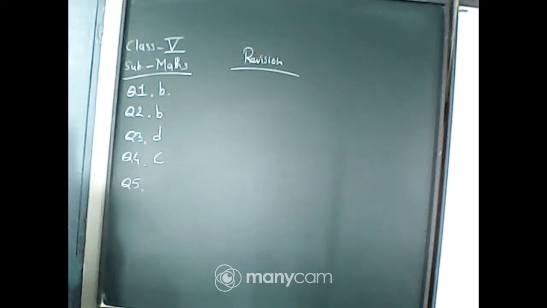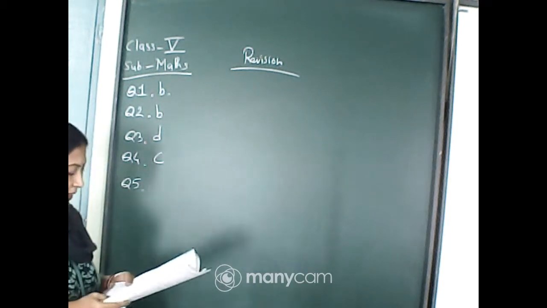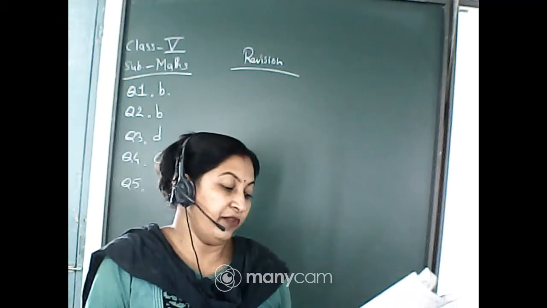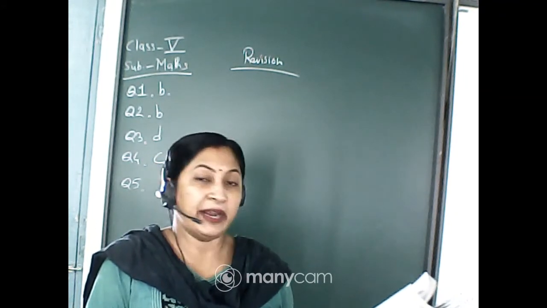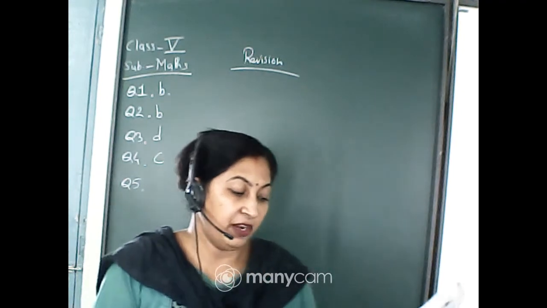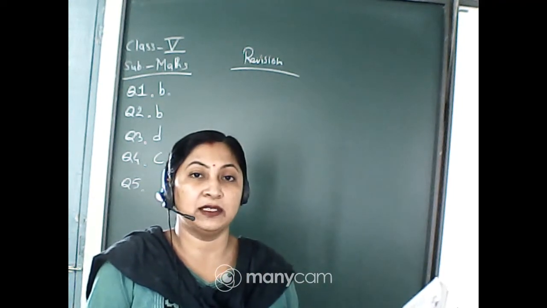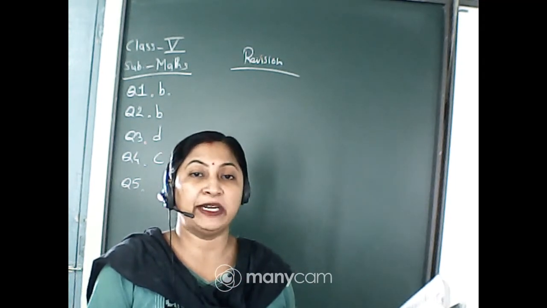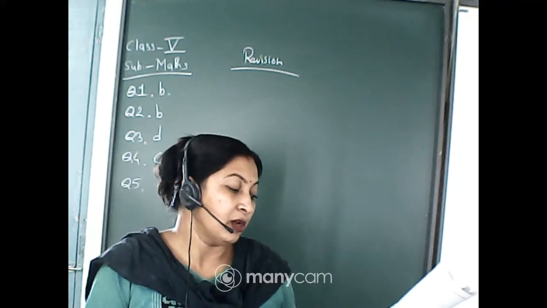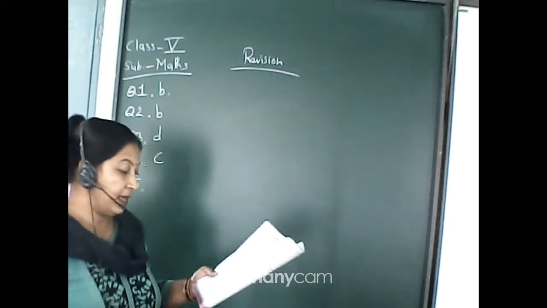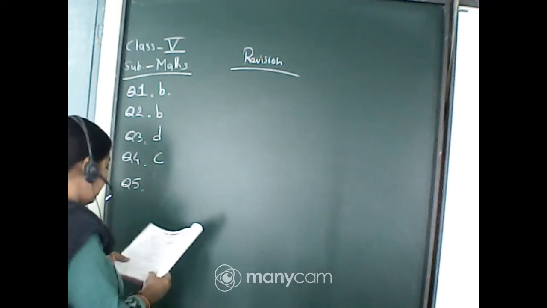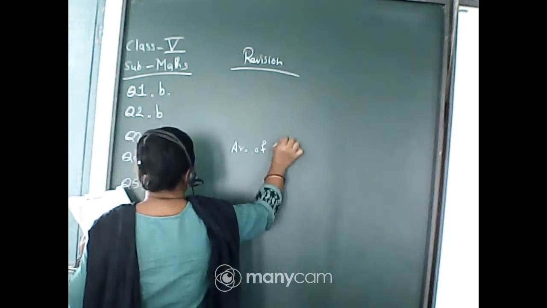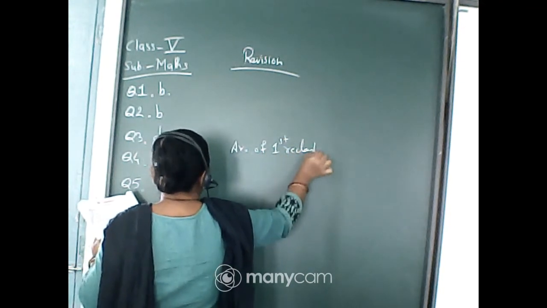Now come to question number 5. The area of the square shown here is, now you have to find out the area of the square shown here in the figure. In the picture you can see there are two rectangles. Just join the middle one. When you join the middle one, you will see two rectangles are there, one horizontal and one vertical rectangle. You have to find out the areas of two rectangles and then add them and then see which option is correct. Okay, suppose I am taking the vertical one as the first rectangle. So when you write area of first rectangle, it is L into B.